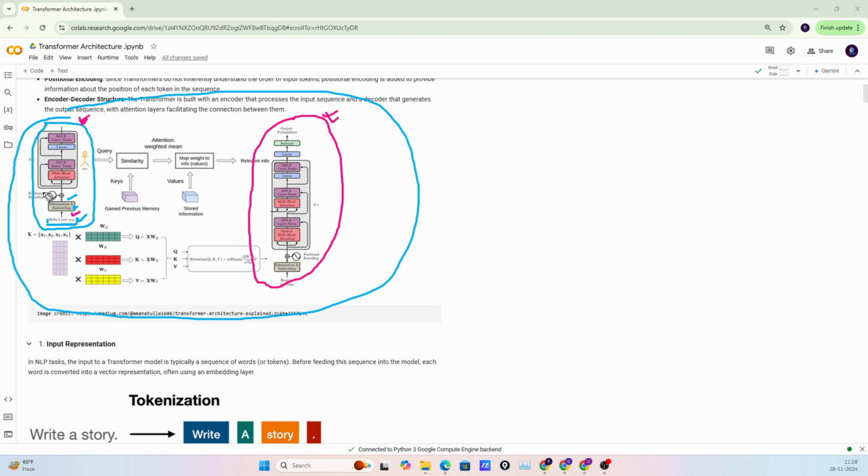And after this we add the positional encoding. You can see here in this step we add the positional encoding, and I will discuss all the steps, tokenization, embeddings, and positional encoding, also the attention, all things in detail as well. But here I'm giving you the overview of the transformer architecture. So here we are adding the positional information. Then we have the multi-head attention.